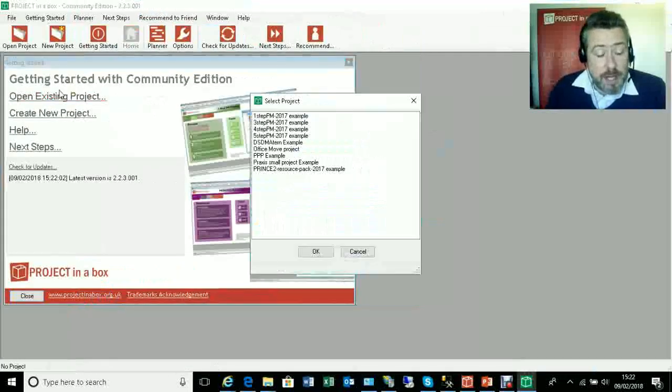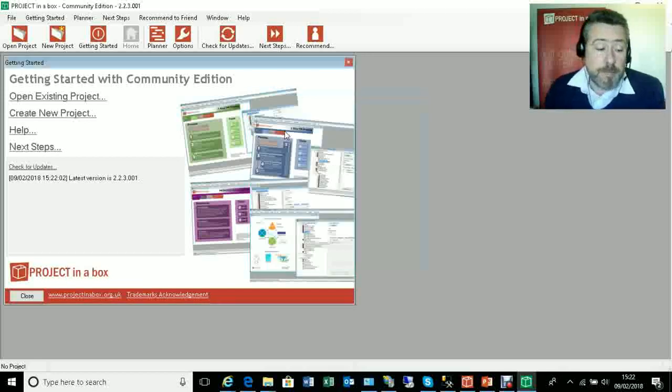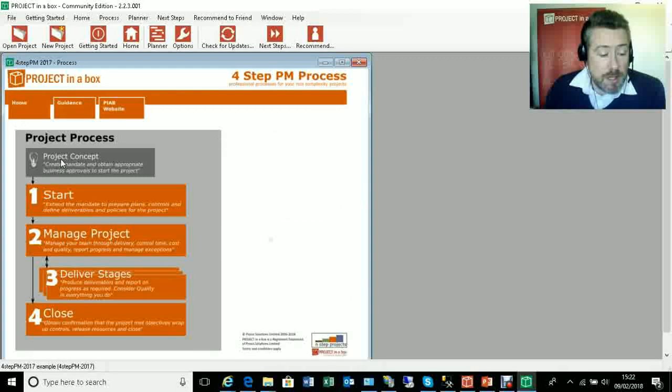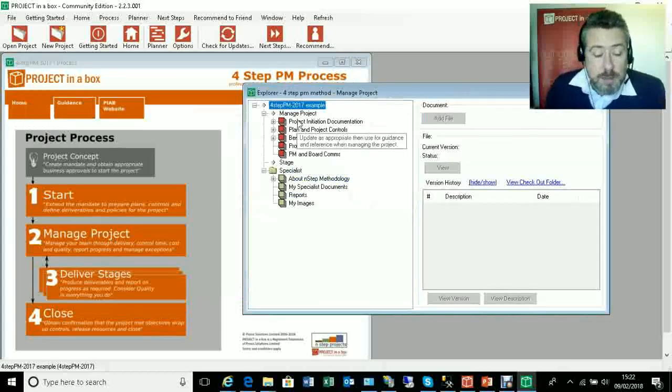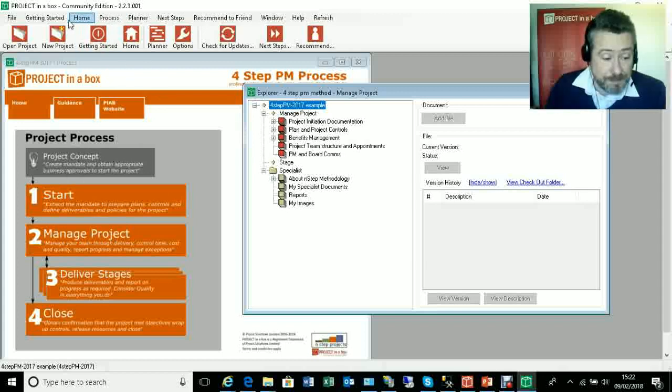So we've been looking at our Office Move project so far. I mentioned the business as usual type projects, but let's think about one step further up. So we'll look at a 4-step project here. And this shows us our concept start, manage project, deliver stages, close model. So we've got a repeatable set of stages being delivered within the middle of this project. It makes it slightly different to the one we were dealing with before, 3-step, where we just had one set of deliverables. But here we've got that starting up and managing the project element, and we're going to then insert stages into the middle of that.